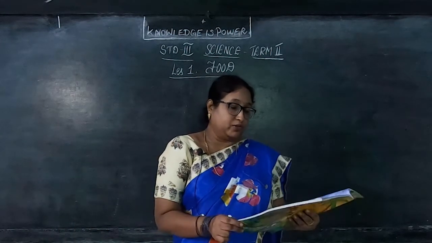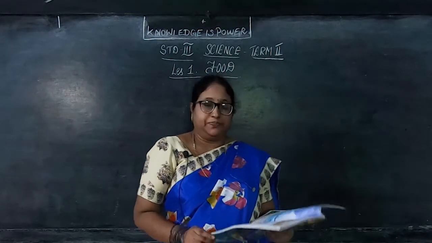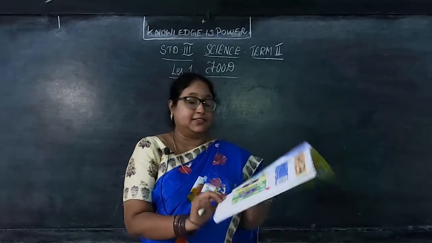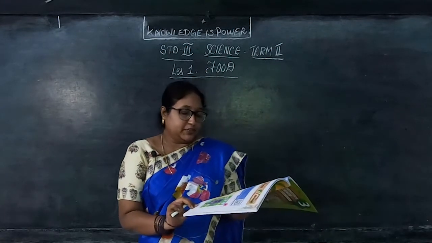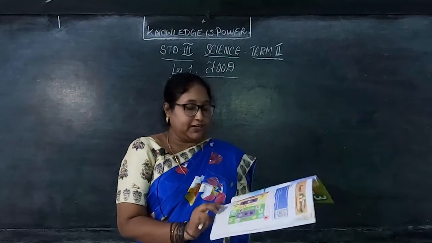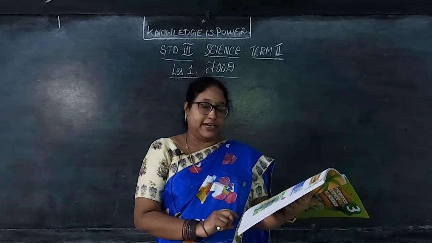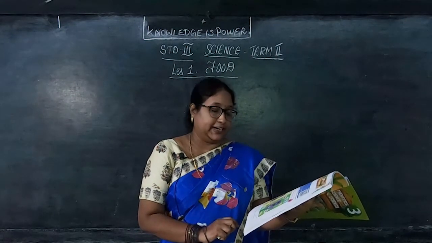Those who have bought the book, you can take page number 37, and the lesson name is food. Now, see the page number 37, children. There is a picture given here with three colors, red, yellow and green. The food items which should be avoided are indicated by one color. The food items which are healthy are indicated by another color. The food items which can be eaten in small quantities are indicated by another color.